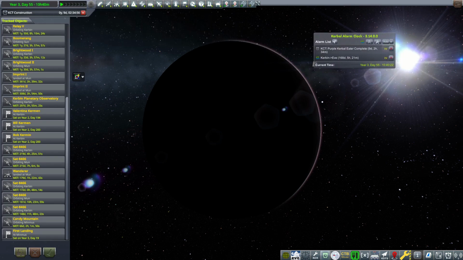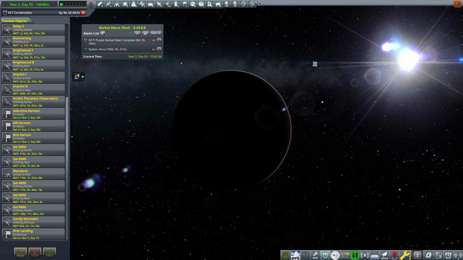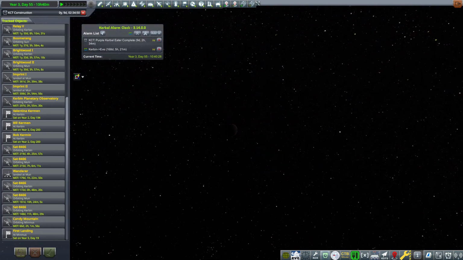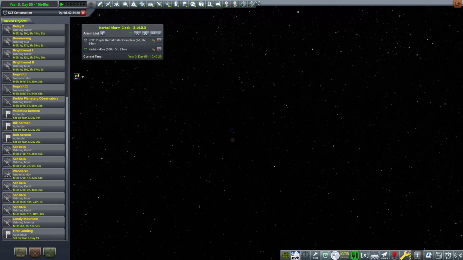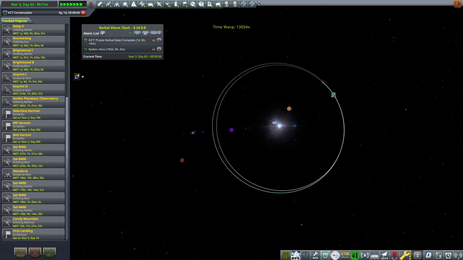But in order to do that, we got to line it up properly as far as having the proper transfer window. So I'm going to zoom on out here, and we got a transfer window set up. It's supposed to happen in 168 days, 5 hours, 21 minutes. Now, I'm just going to speed up time here. There we go. That's a nice consistent tick down of days, and it is slowing down because Wanderer has arrived